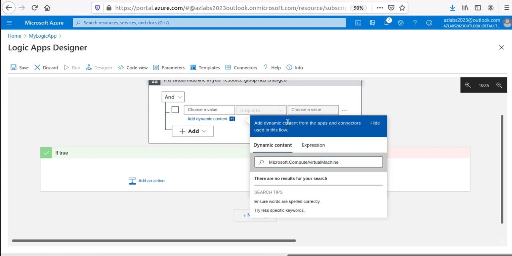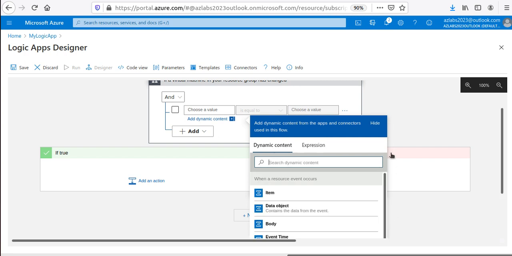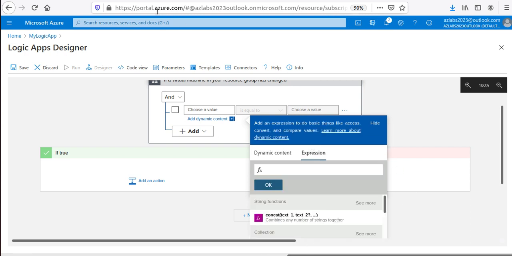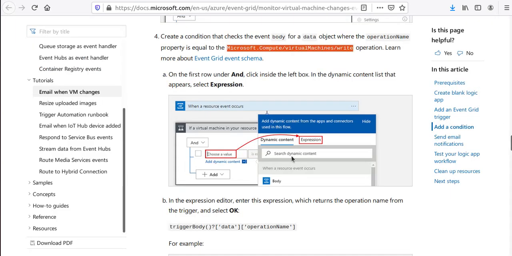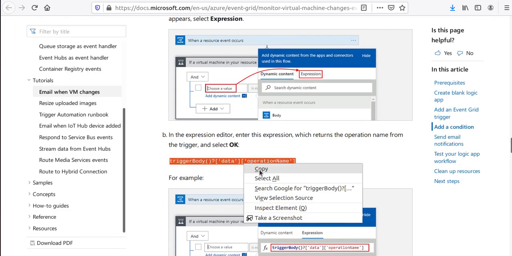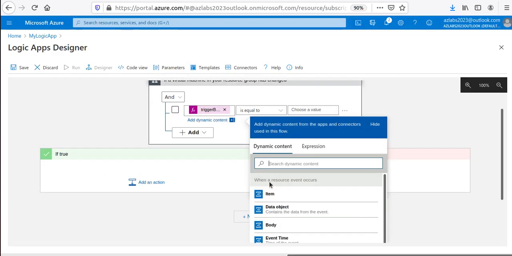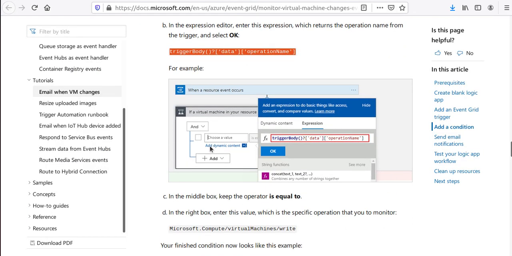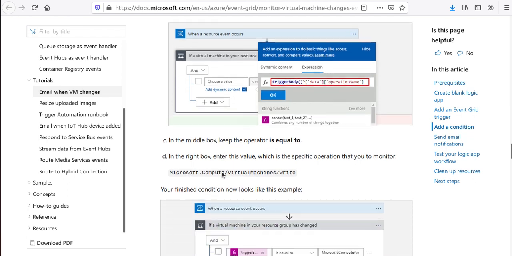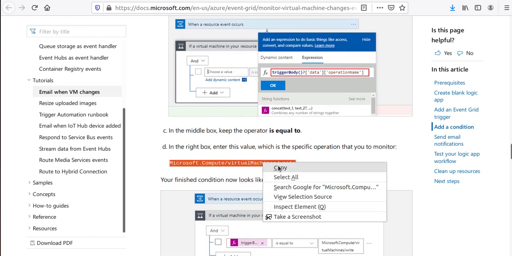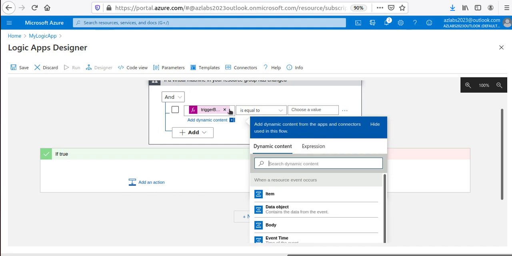There's no result for my search here, so let's see what might match. Expression is, there were two things, data and expressions. I'm trying to figure out which one to use. So here if I put this, hit OK, so that is gonna go to the trigger body is equal to. Let's see if that's what they wanted. Trigger body is equal to, then in the right box we're gonna do this. I see, yeah. So trigger body is equal to